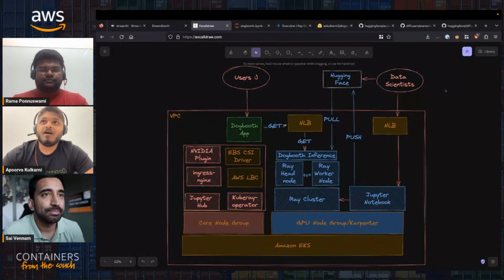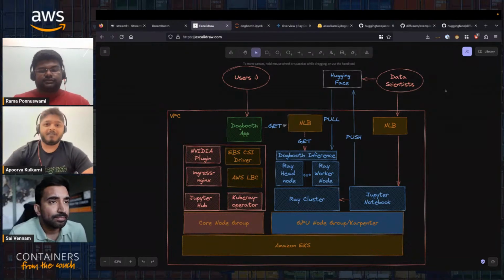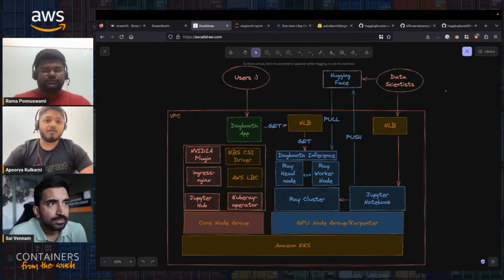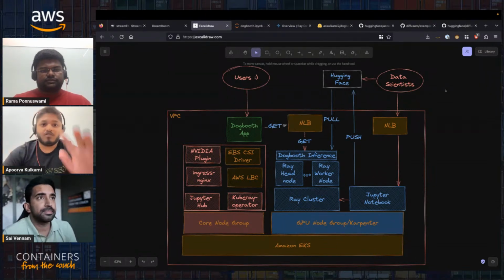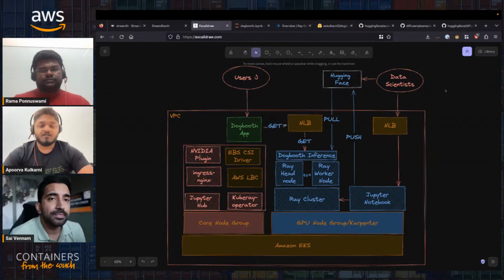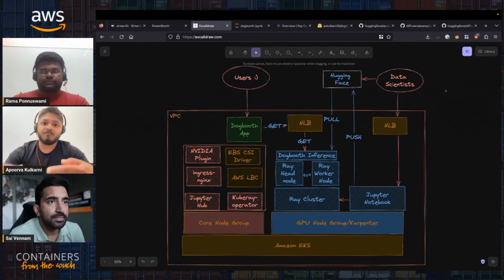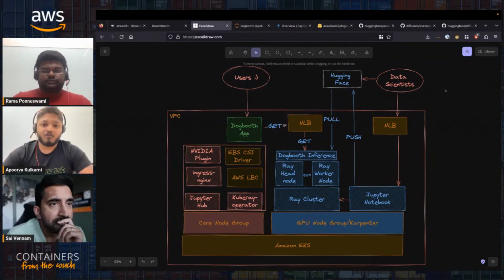All right. So think of this like an infrastructure diagram for how I went about building the stack I needed to run Dog Booth, both the web app as well as the inference endpoint for it, and how I went about iterating on the model and building that fine-tuned model. So actually, let's go from a data science perspective first, right? So as a data scientist, I want to be able to